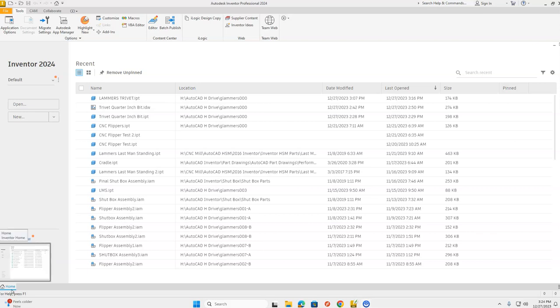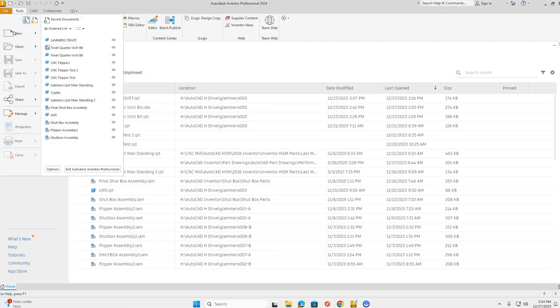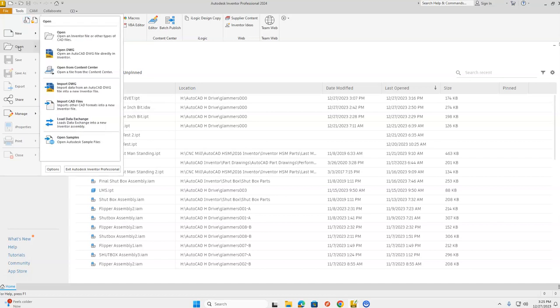Welcome back, everyone. Today we're going to take a look at how to run the tool pass for cutting our 7-inch trivet on the CNC mill. To start with that, we're going to go to our orange file in the top left hand corner and open up our trivet part. So we're going to go orange file, select open,